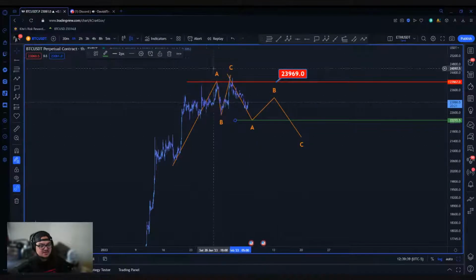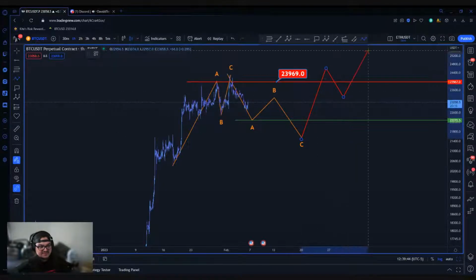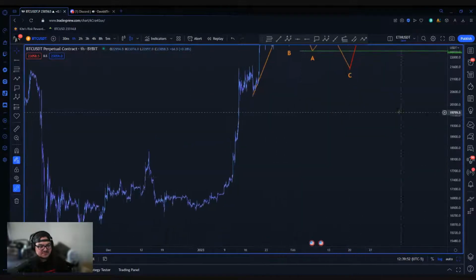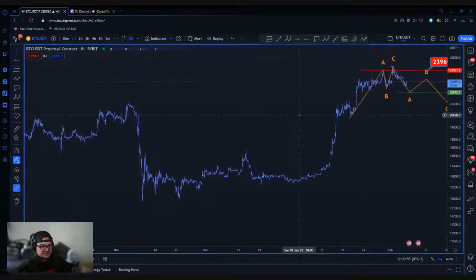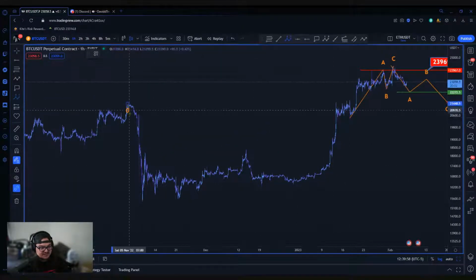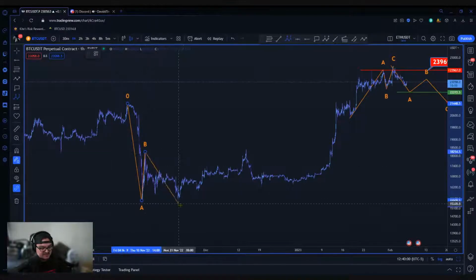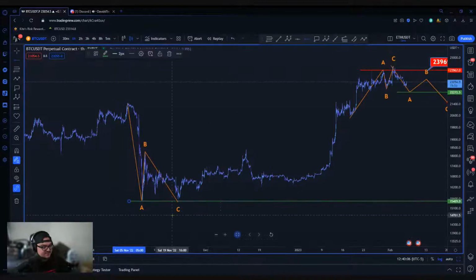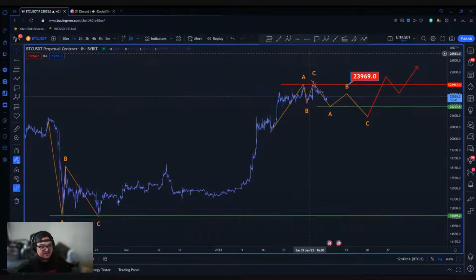Regardless of how far this drops, I would like to see a clear ABC setup before we try to continue higher. Now, that's an example of a continuation setup. I'll go over other examples, but ideally at the moment, that's what we're currently looking for. I'm also still holding a long position from down here off of this ABC. I'll discuss this more when it comes to continuation setups, but at the moment, I do not like to let go of positions, especially from larger pivots, unless I have a clear sign of continuation.